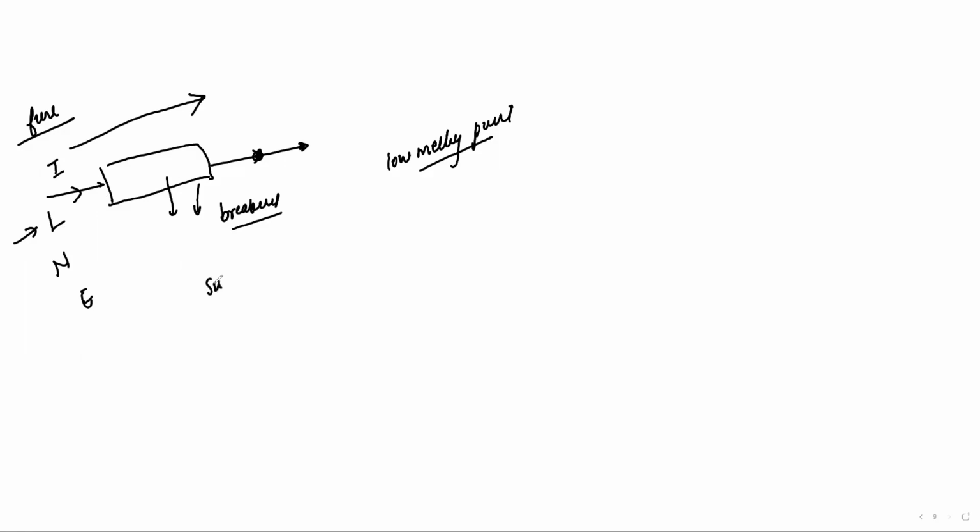Also, switches are placed in the live wire. If you have placed the switch in the neutral wire and you turn off the switch, the light will go off, that is for sure. But the problem is, if you go and touch the bulb, and by mistake touch any metallic ends inside the holder, you'll get shocked, because the live wire is continuously bringing current inside the system. The neutral is not taking it back because the switch is in the neutral. So the switch has to always be placed in the live wire to prevent any shock or damage.